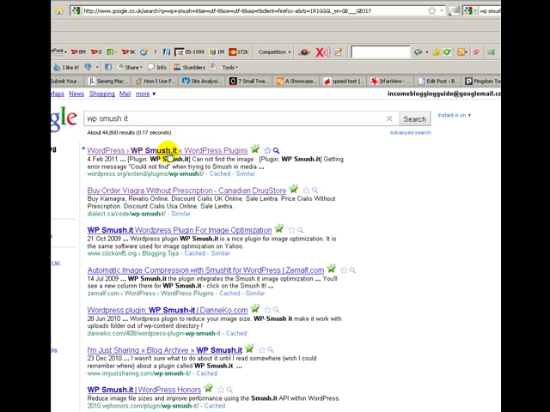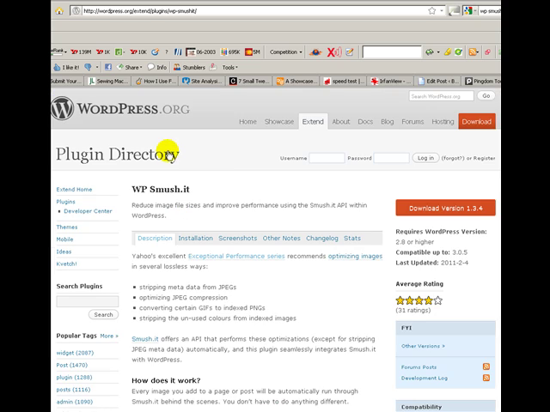If you install this plugin, which is called WP Smushit, it will optimize your image even further. So not only are you optimizing it from IrfanView, you can also optimize it when you install WP Smushit. After you install the plugin, every time you add a new image to a blog post or a page, WP Smushit will automatically try and optimize it to improve its performance with regards to